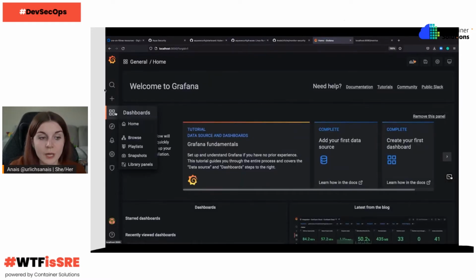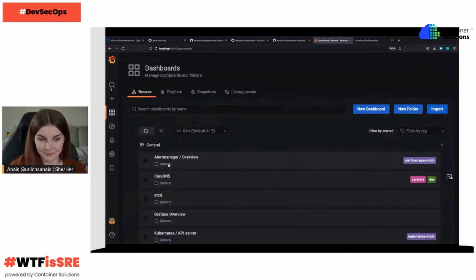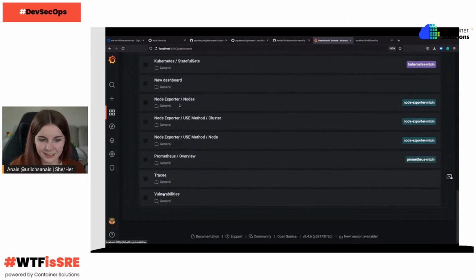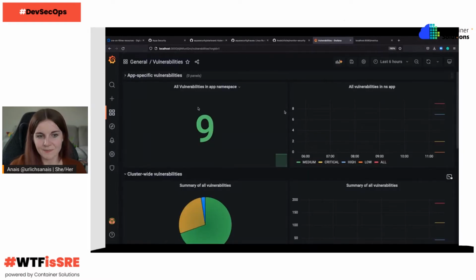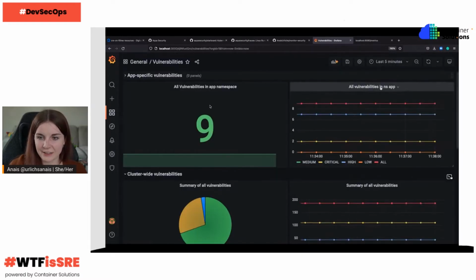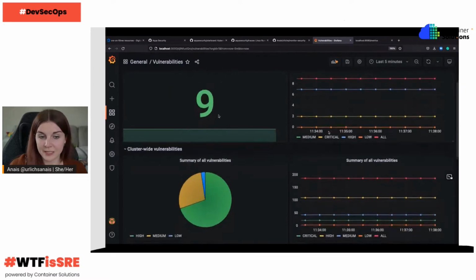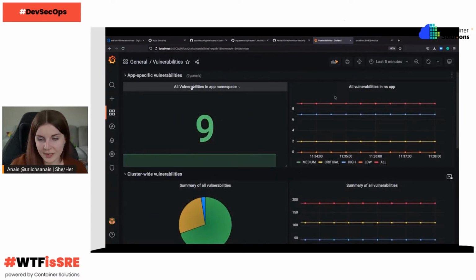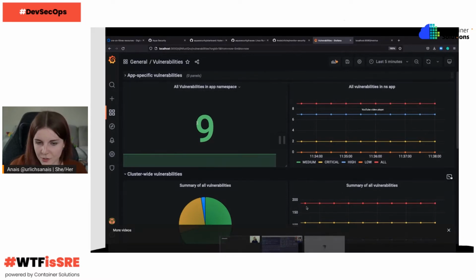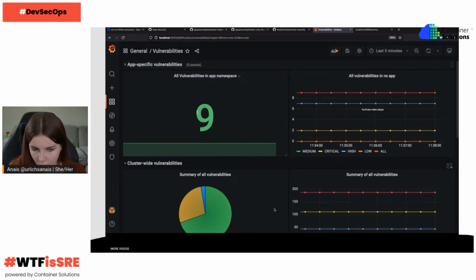I've already set up two dashboards in Grafana that visualize all of my vulnerabilities in this case. So I have here 9 vulnerabilities of my latest deployments in total, and then there is a breakdown of vulnerabilities as well of the different,